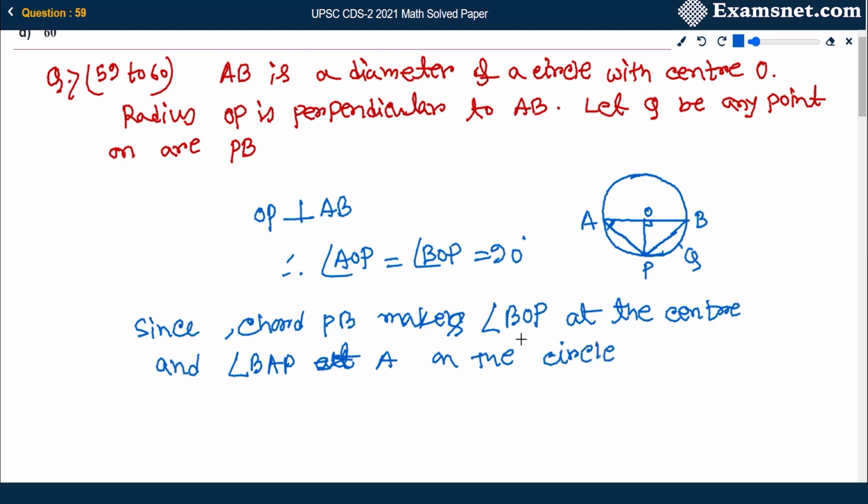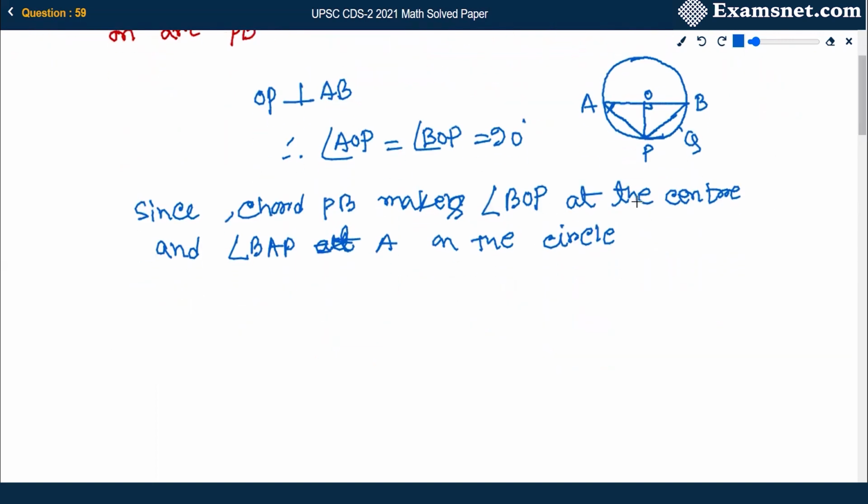So we can say BOP is the central angle and BAP is the circumference angle. So the relation between these two is angle BAP is half of angle BOP. Why? Because we know, since